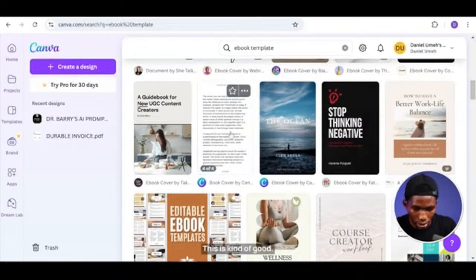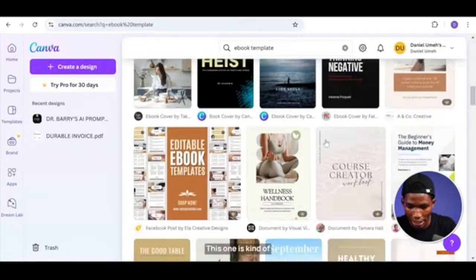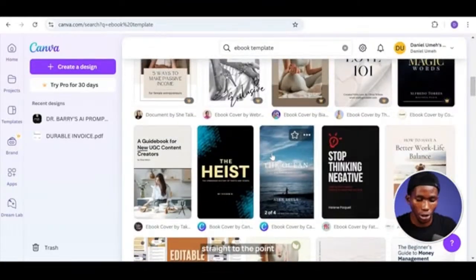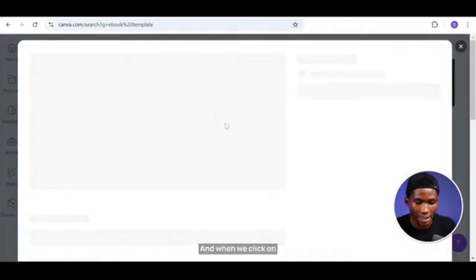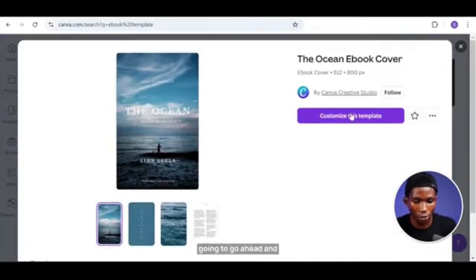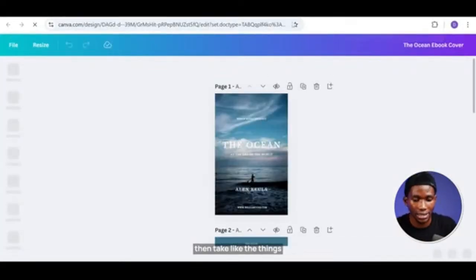For example, this one right here is kind of good, right? This is kind of good. I like this one. But to keep everything short and straight to the point here, we're just going to go with this one. So go ahead and click on that. And when we click on that, we're going to click on customize this template. And when you click on customize this template, this is where you can then take the things